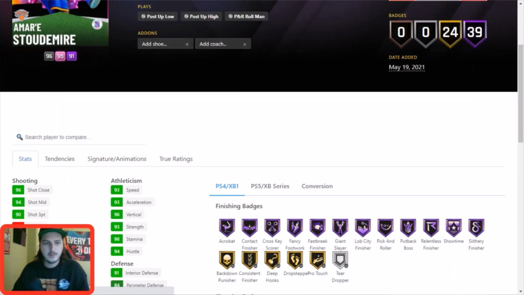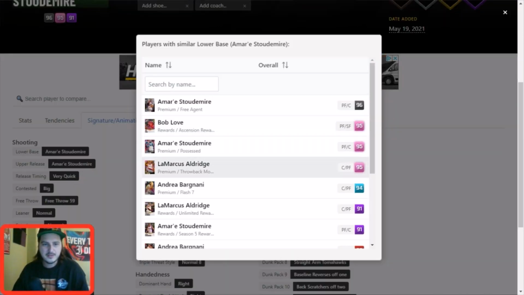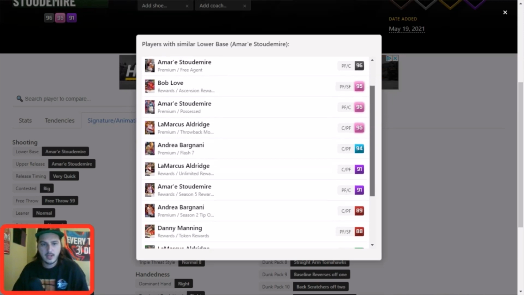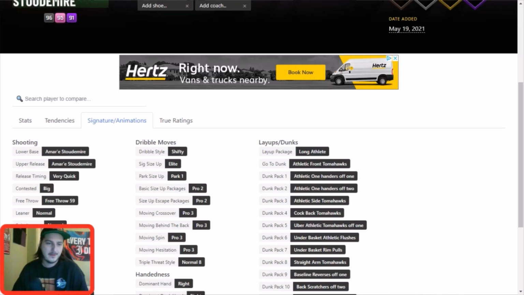Amare Stoudemire. I mean, he's Amare. Damn, I was really hoping they didn't give him Amare Stoudemire base. Yeah, the last cards we've seen with Amare base, I mean, Bargnani's jump shot wasn't terrible, so I have hope. Dude, can we get a new Danny Manning card, please? Jesus. Amare Stoudemire, solid. I mean, realistically,